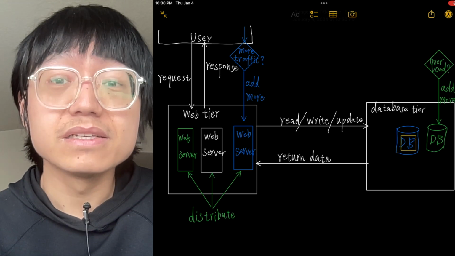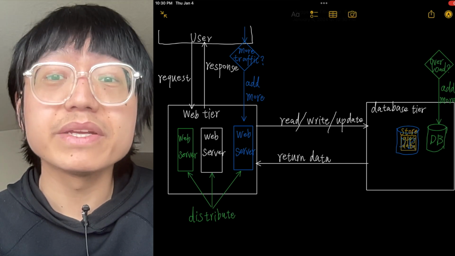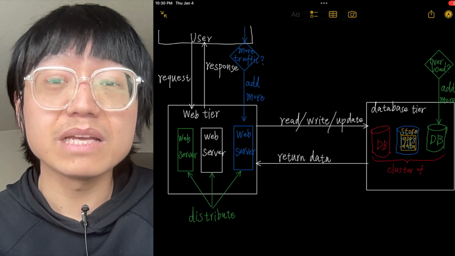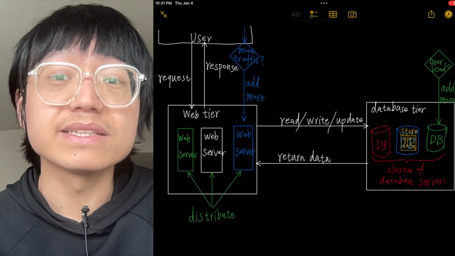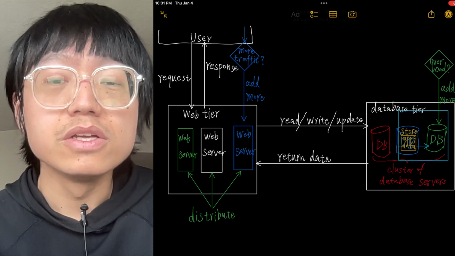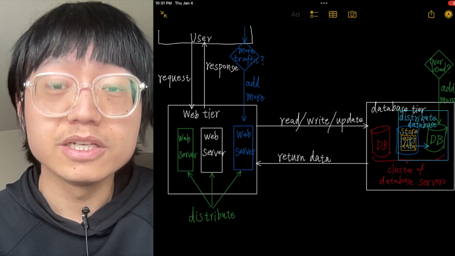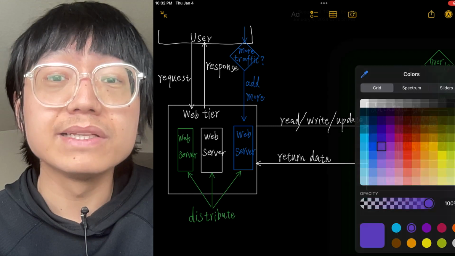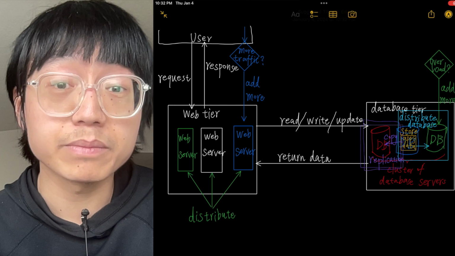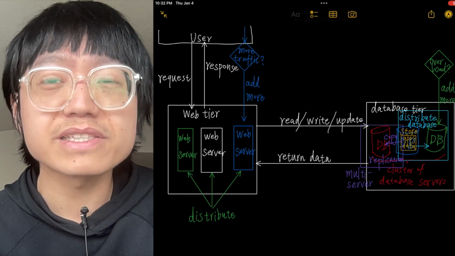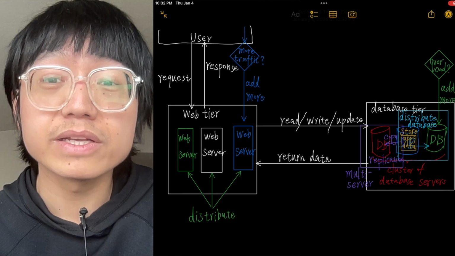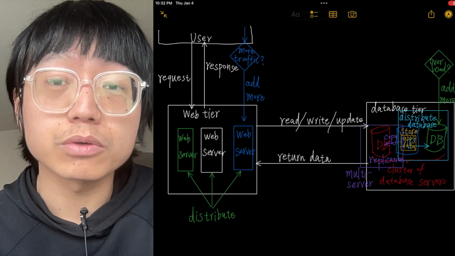The database tier stores the application's data. It can be a single database server or a cluster of database servers. The database tier can be scaled by using a distributed database or by replicating the database on multiple servers. If your database is getting overloaded, you can add more database servers, or database replication can be used to create copies of the database on multiple servers. This can improve fault tolerance and performance, and increase the database capacity to store data and